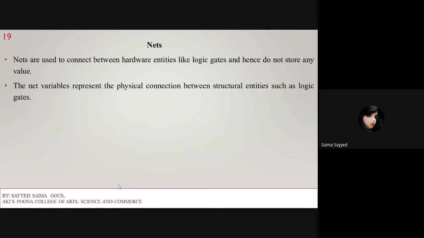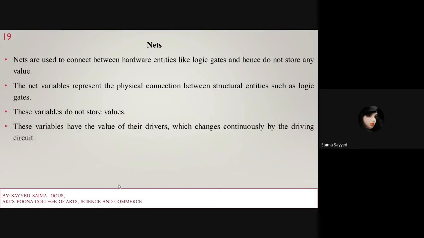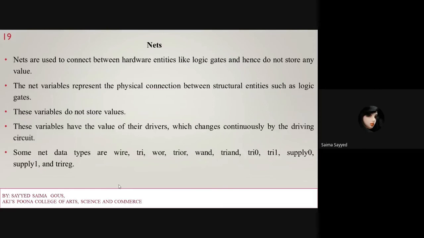The net variables represent the physical connections between structural entities and logic gates. These variables take the value of their drivers, which changes continuously by the driving circuits. So we can change the value by driving the circuits.